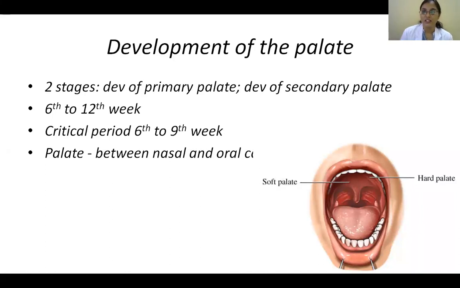But that small thing is not enough. Okay, it's just only the anterior part it's going to separate. But what about the rest of your nasal cavity and oral cavity? So that is when the secondary palate develops. Okay, so the definitive palate is what is found at the end of the developmental process. It is formed of two components: one is the primitive palate and the other is the secondary palate. As the face is forming, the intermaxillary segment is also forming a little bit of palate. That's called the primitive palate. Then the defect is compensated by the formation of a secondary palate. When these two fuse together, you form the definitive palate.